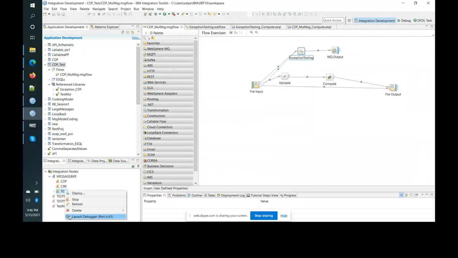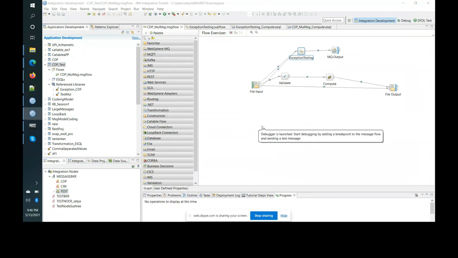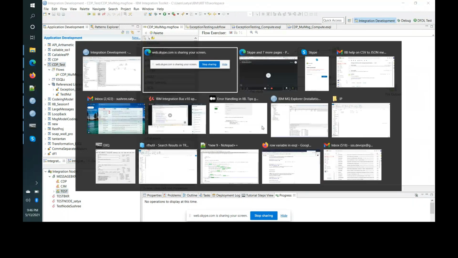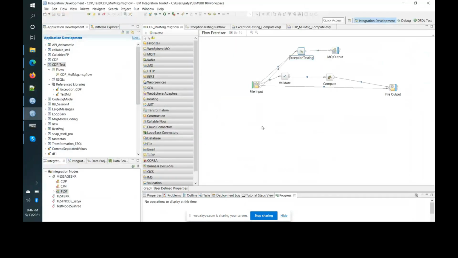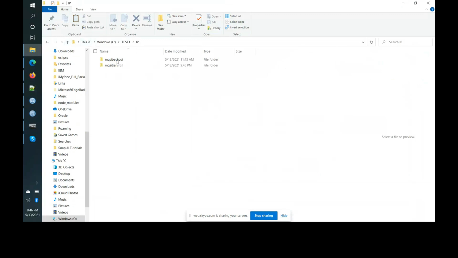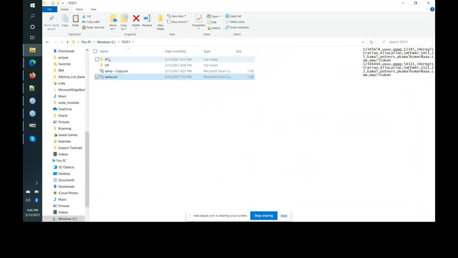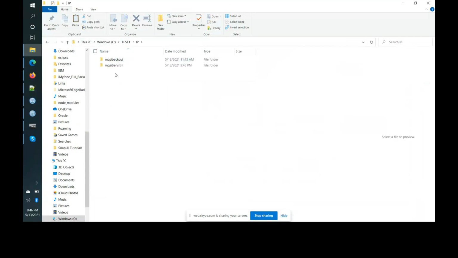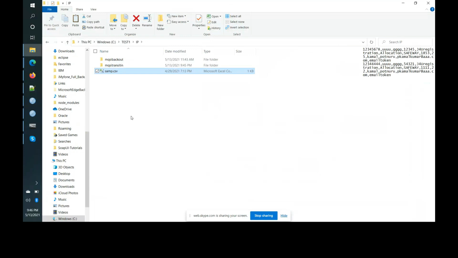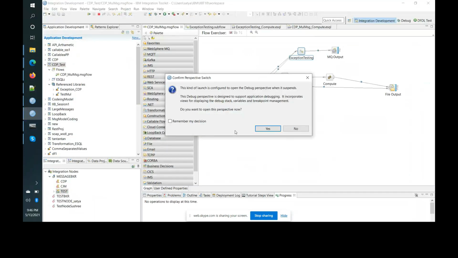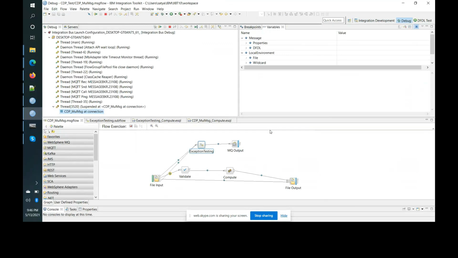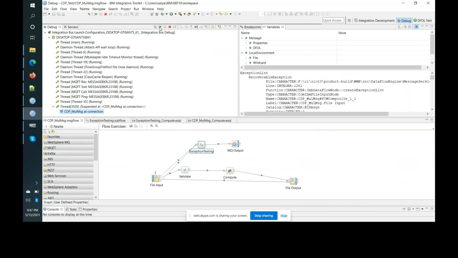So it's deployed successfully. Debug again. Resume.